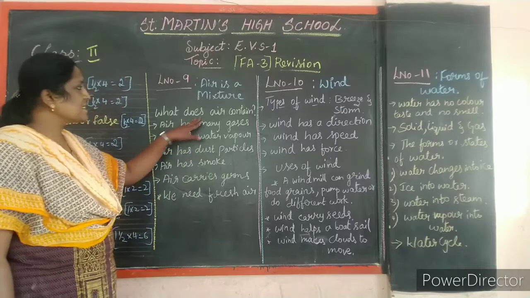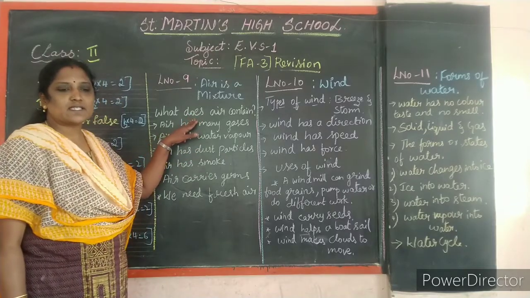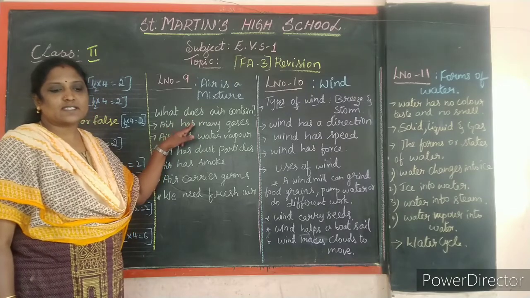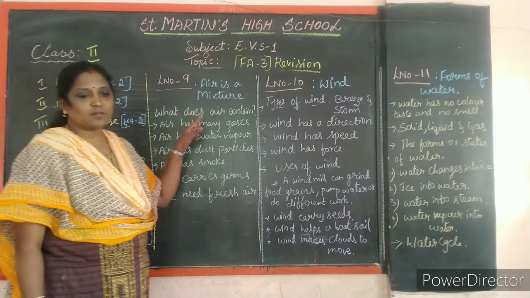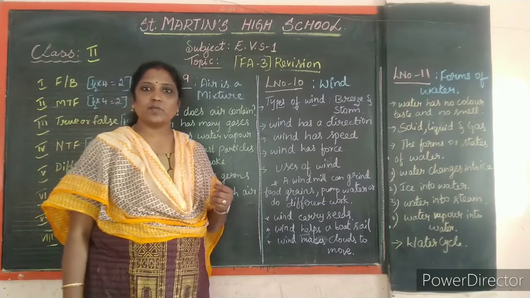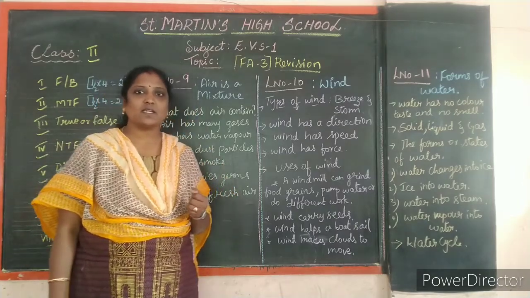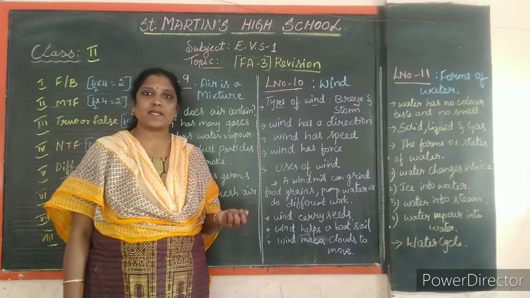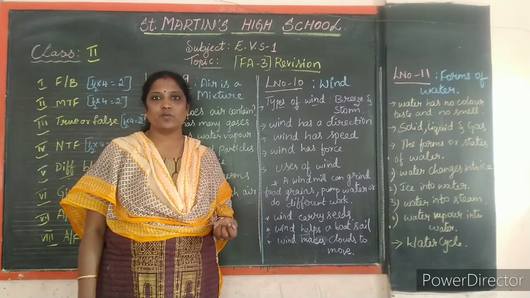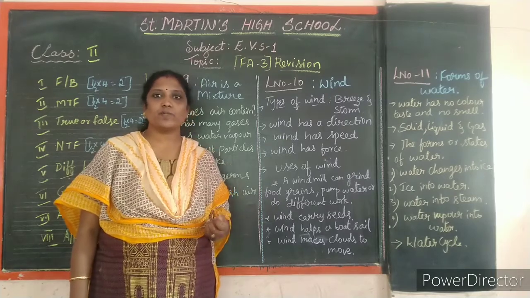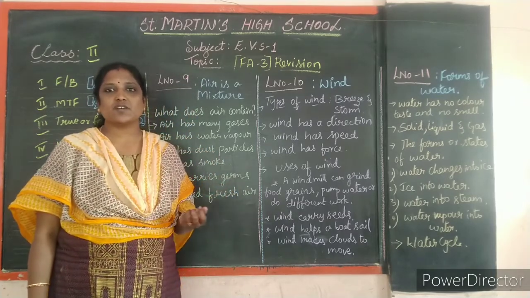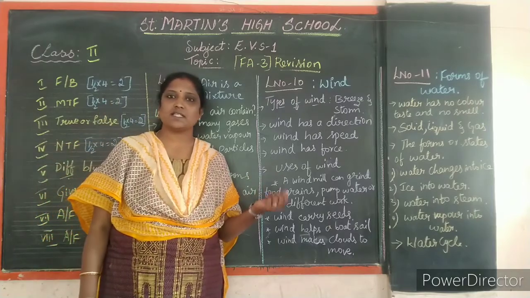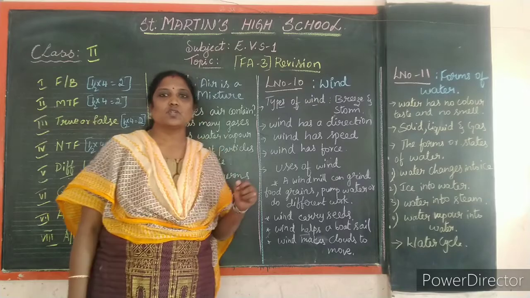Okay. So what are the gases present in the air? Yes, nitrogen, carbon dioxide and what? Yes, oxygen. We human beings intake oxygen and we release carbon dioxide. This carbon dioxide again is used by the plants to prepare their own food. Plants prepare their own food, but what do animals do? In search of food, they will roam from one place to another place. Is it not? It's for the shelter and for the food also.